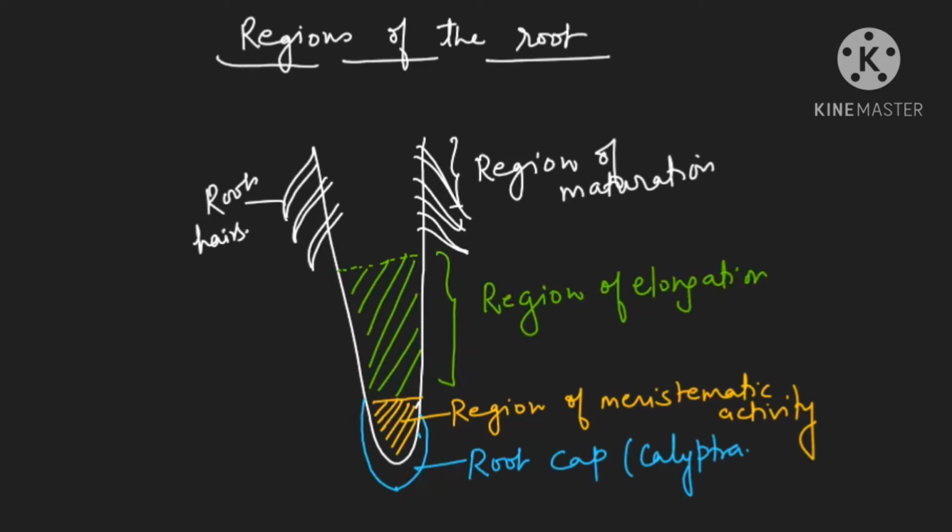Now see the question areas. What are the terms which the question asks? First of all, in the root cap, a very important line of the NCERT is that they are thimble-like structure. This is again a very important question. If they ask, please remember, thimble-like structure means they are focusing on the root cap.